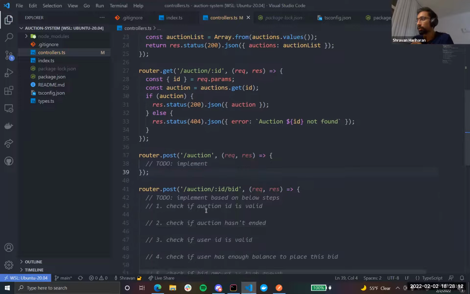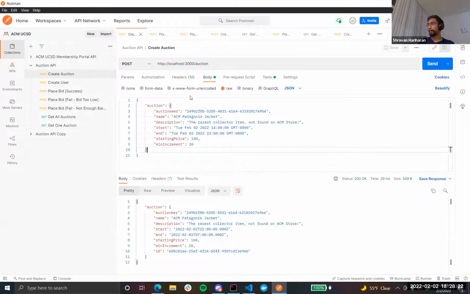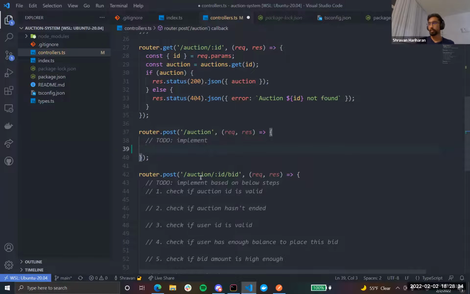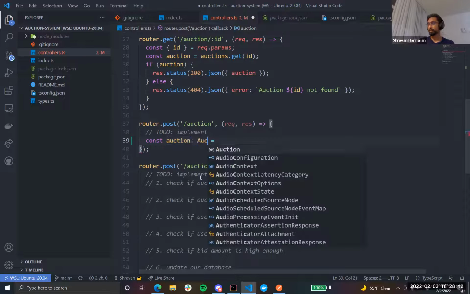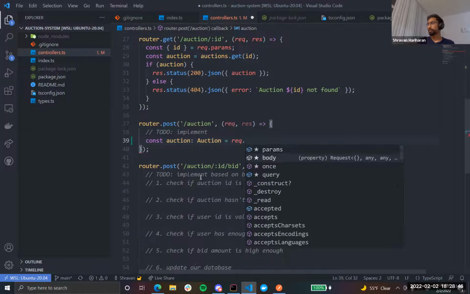So to actually implement this route, we can go back to our code, and when we send this request, it should take the auction data, right? And then actually add it to our database. That's what we need to do, right? So if we go back to our code, we can type const auction equals, we can actually type it, right? Type it as Auction equals request.body